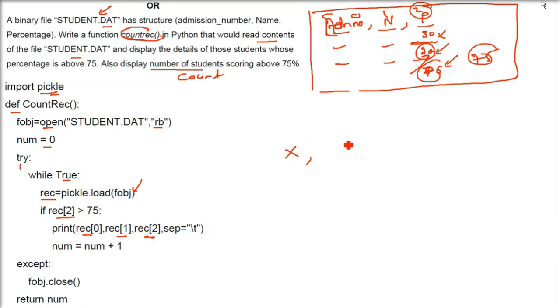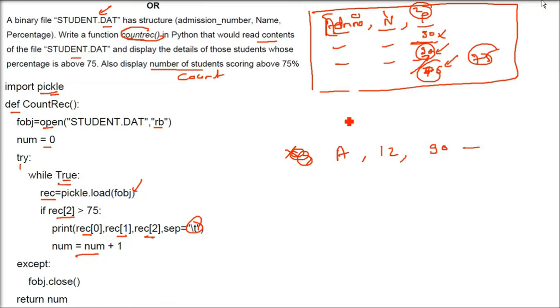Say A is the name, the number is some 12, and the percentage is 90. So this will come, separated by tabs. The next record will come on a different line. Now the count will also increase.